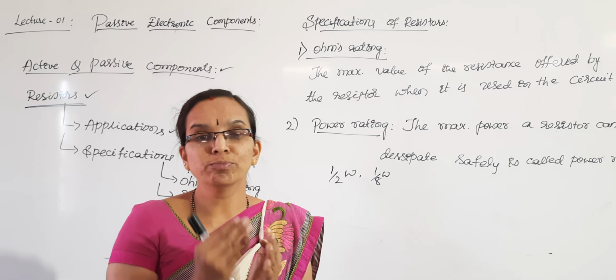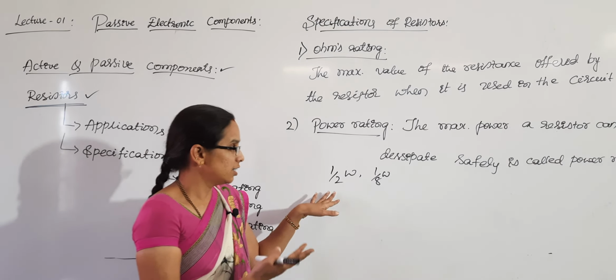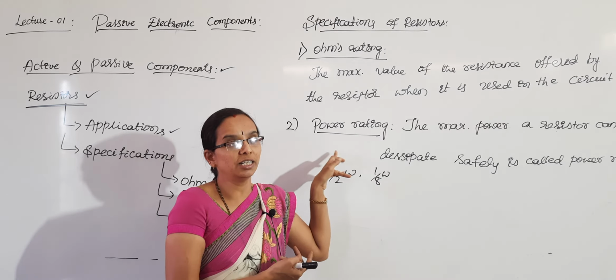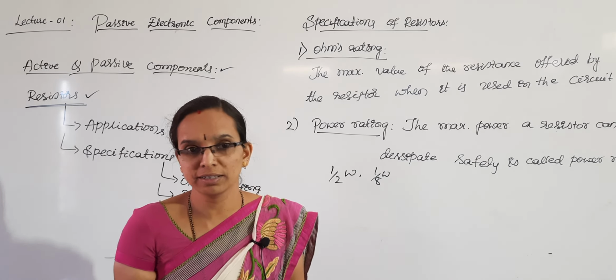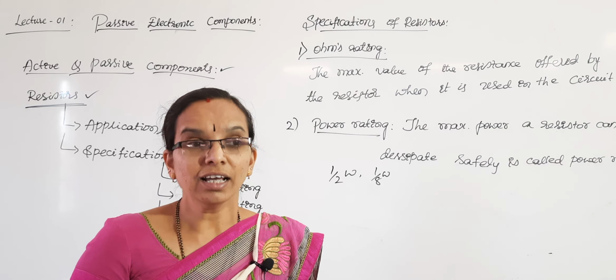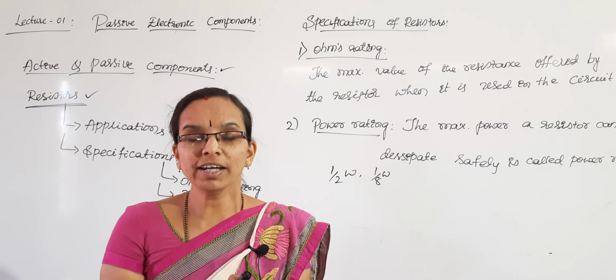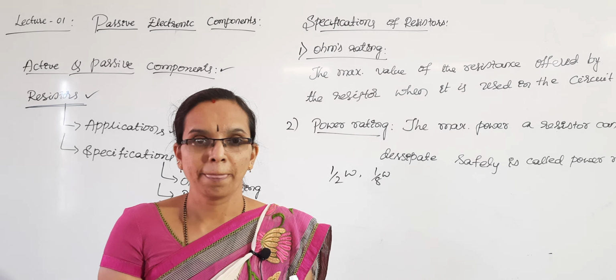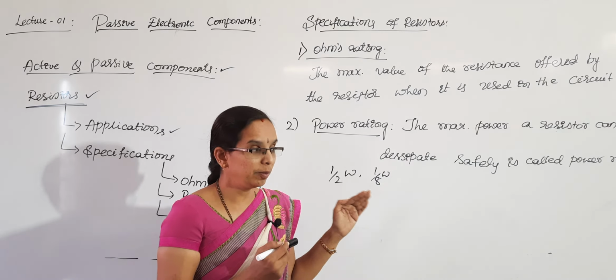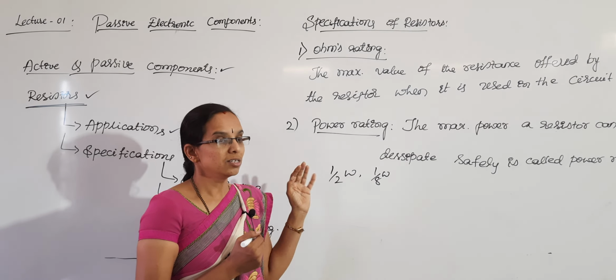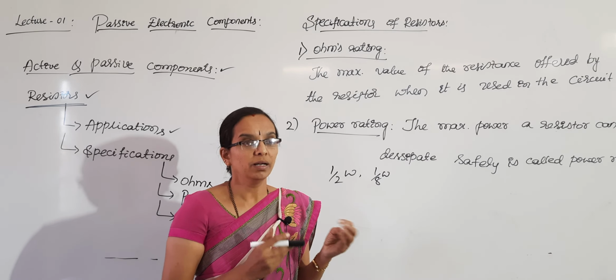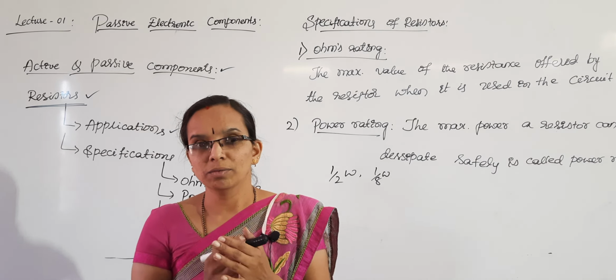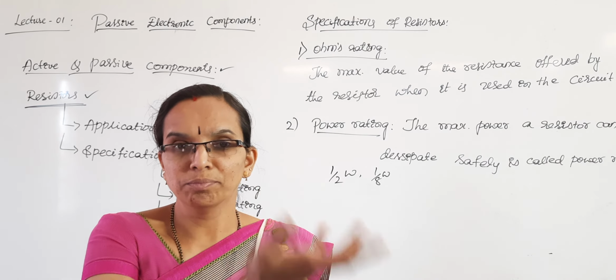That is, if more power is dissipated than what is mentioned in the power rating, then the resistor may burn. A resistor limits the current by dissipating the energy into it. If the power rating of the resistor is crossed, what happens? It burns. So the power rating will be mentioned. For 40 watt bulb and 60 watt bulb, brightness also depends on the power rating.